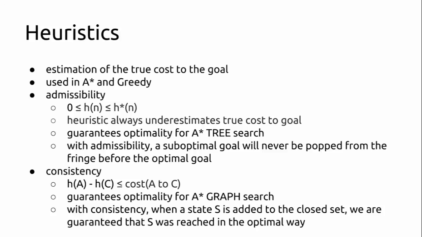So why do we need this stricter bound for A-star graph search? Well, it's because in graph search, every state is expanded only once. So after it's expanded, it's added to the closed set. So we need to be guaranteed that when we expand a state for the first time, we've reached that state via the optimal path, right? And consistency will